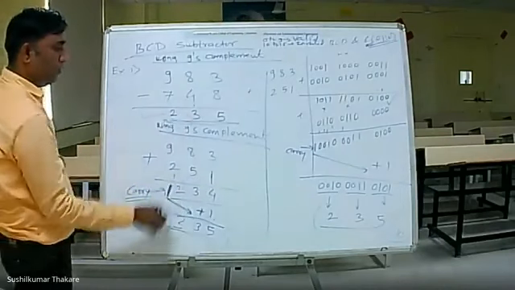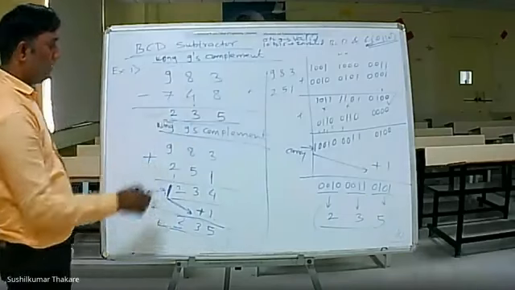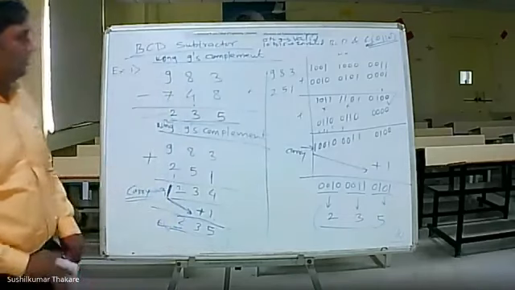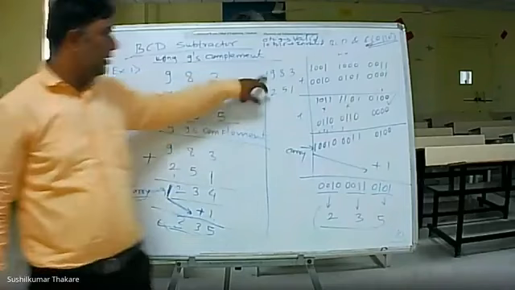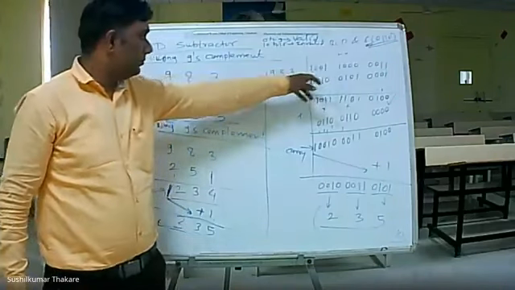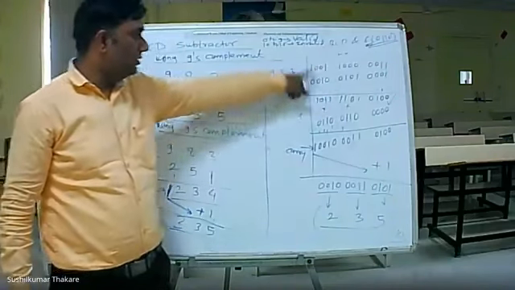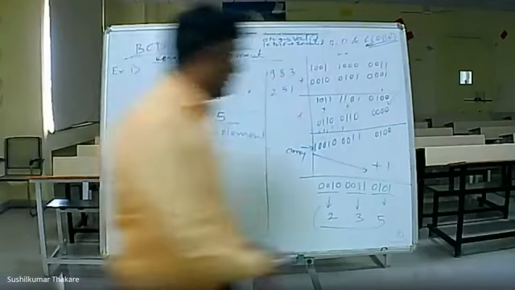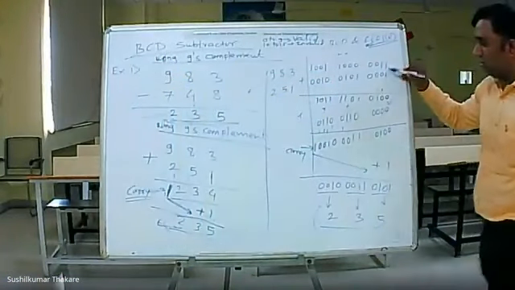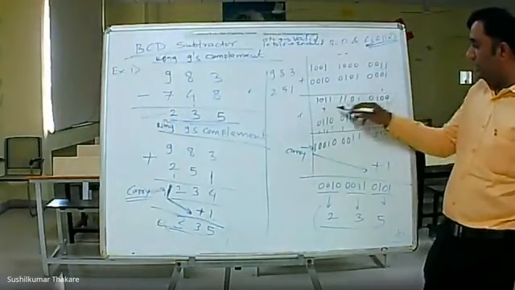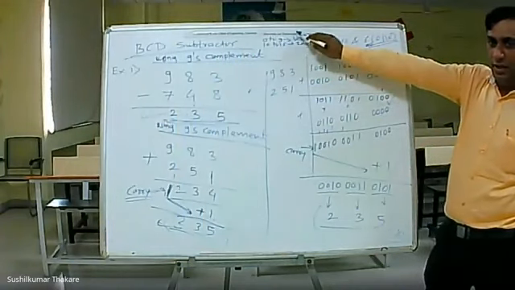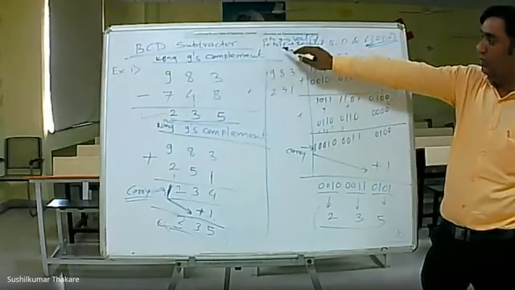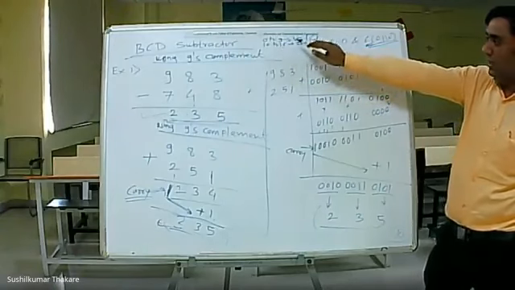But in our case, that is the BCD subtraction. So in BCD subtraction, 983 plus 251. Just write down these numbers in binary form and add them. Then we get these results. But in BCD, 0 to 9 is valid, and from 10 to 15 is invalid BCD. So that is incorrect.